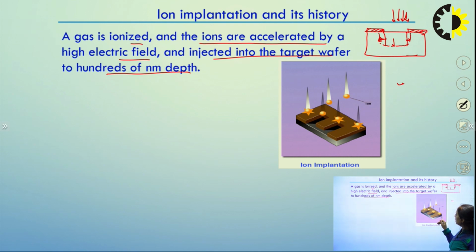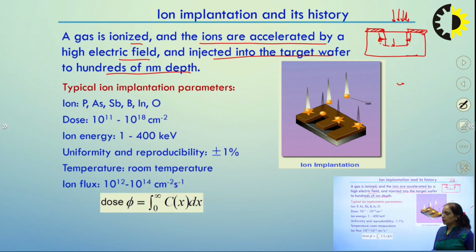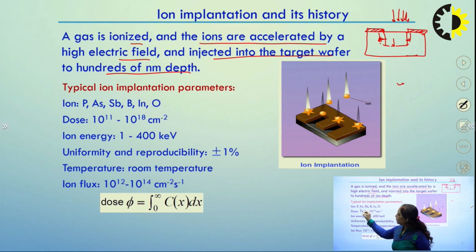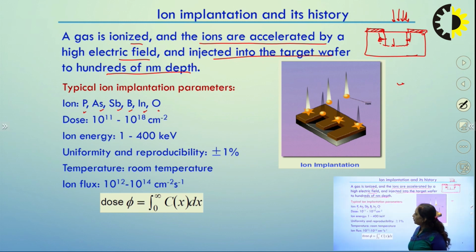So here we can see the ions which are accelerated and targeted to the wafer, right. Depending upon the acceleration speed and the dose, we can decide how deep your ions will go. So typical ion implantation parameters: we can implant phosphorus, arsenic, antimony, boron, indium and oxygen